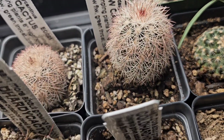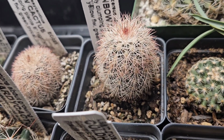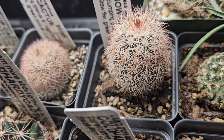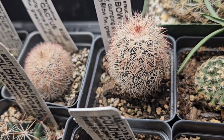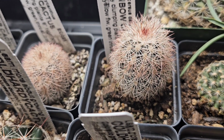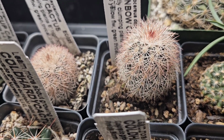And here we have another one. Excuse me. Here we have another one. This one's probably about a year older. I got this one last year. I'm not sure when, but last year sometime. And it hasn't flowered yet, but maybe in a year or two it might flower. I'm not sure. Anyways,